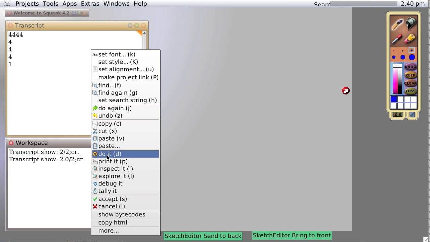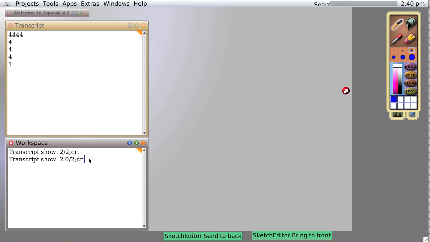We'll do it again. Notice now I'm not going to simply keep on selecting the menu item, do it. I'm going to notice there's a D next to it. On the Macintosh, you can activate this menu item by pressing the Command key and a D. On a Windows machine, you press the Alt key and the D. Same with Print It, I, etc. All of those, you press the Command or the Alt key and then the hotkey that is next to it. So now we are going to do it,